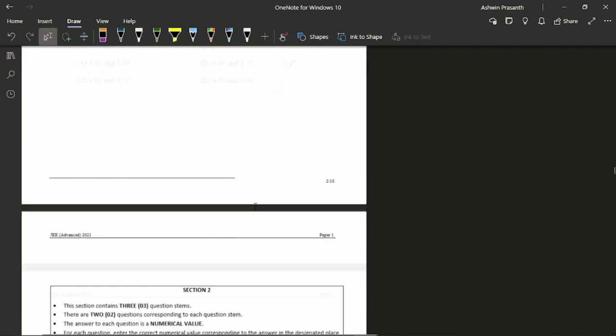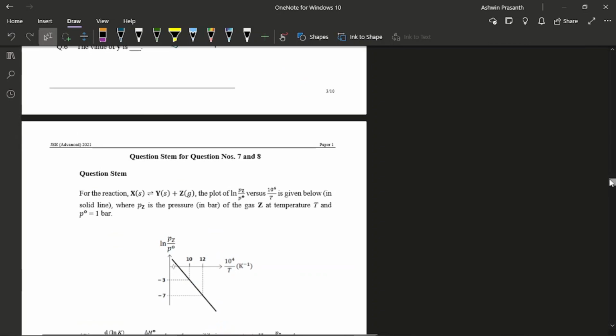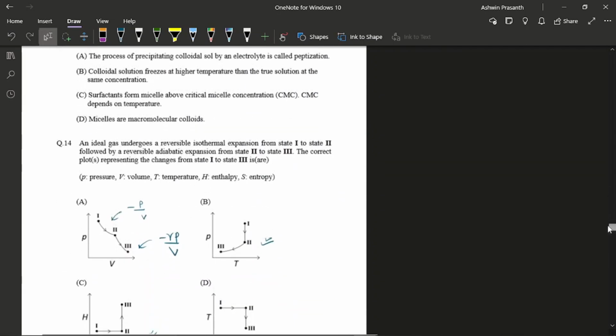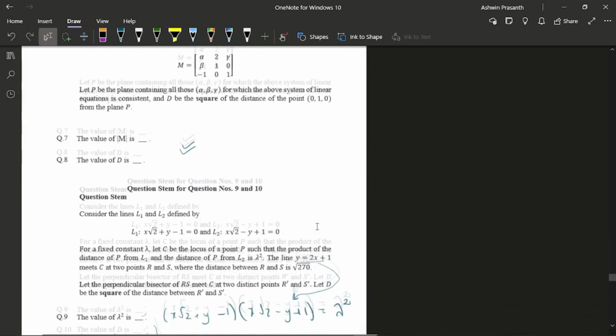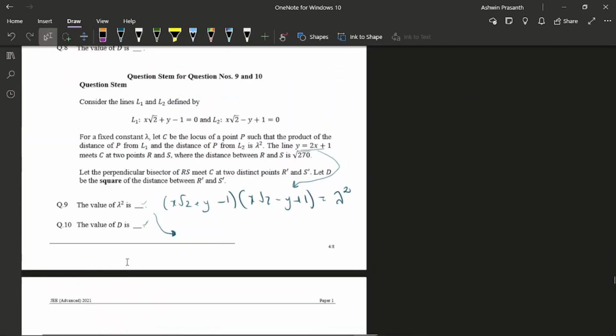And like I said, the last question I did was the 2 mark question in maths, the lambda square and D1. So the paper ended here for me. I was disappointed that I couldn't enter the value of D, but still, I didn't keep it in my mind because I had to be prepared for paper 2, so I forgot about it. So, anyways, that was the end of paper 1 for me.